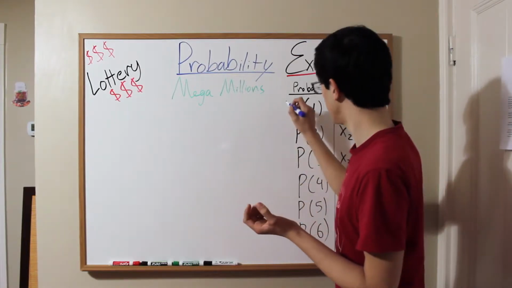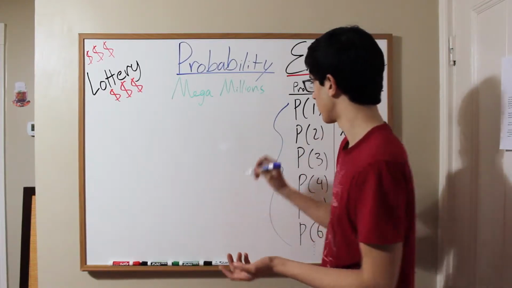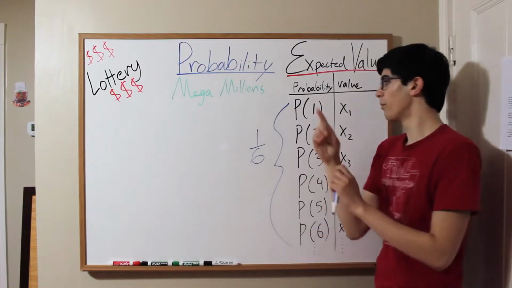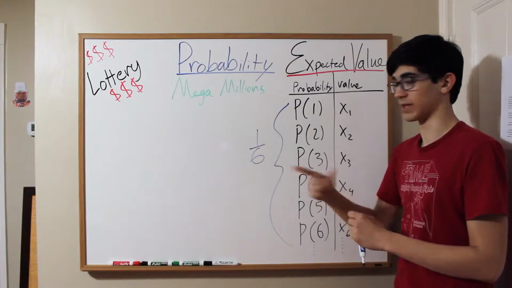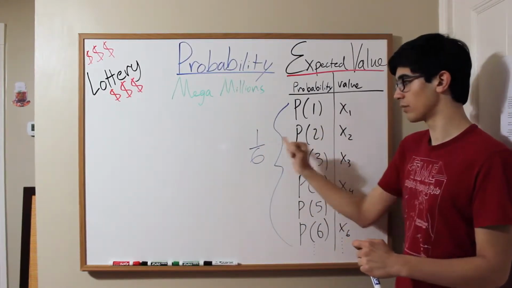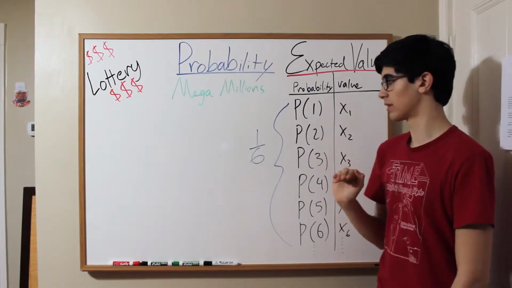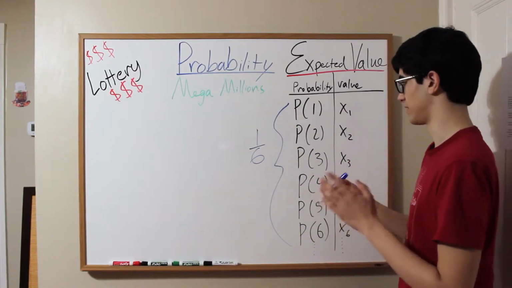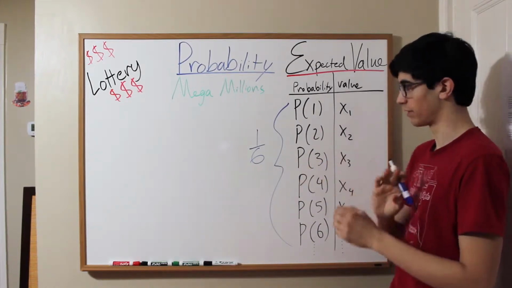So let's talk about these P1 through 6 as rolling a die. So you have a 6-sided die, and all of these probabilities are 1/6, because the probability of getting a 1 when rolling a die is, there's only one option out of 6 options, 1/6. Probability of rolling a 2 is also 1/6. Probability of rolling a 3, 1/6. All the way from probability of 1 to 6, each of those have a probability of 1/6. Because there are obviously 6 sides of the die,